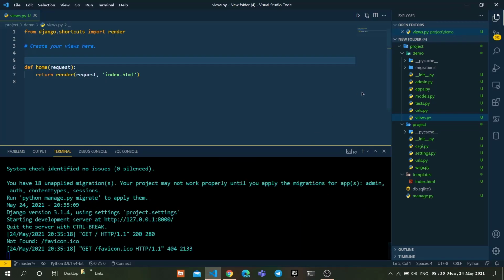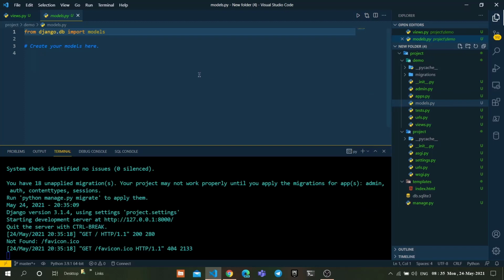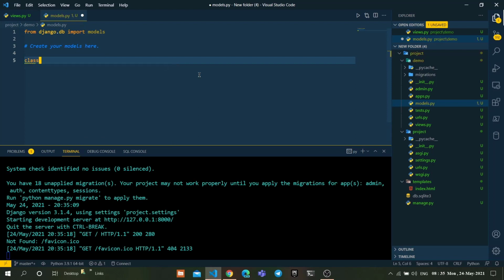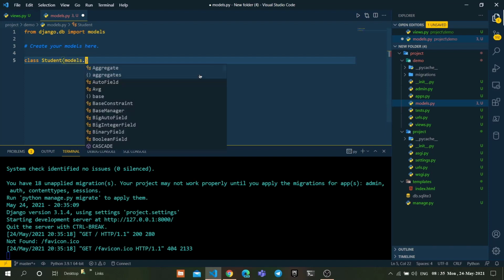To create a model form, we need to create a model in the models.py file of the demo app. Here, create a class Student of models.Model.